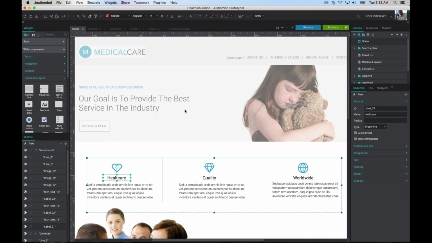So these developers at some point will have questions like, hey, where's this icon? Can you send me this icon, please? I want the exact same kind of file. Or what's the color of this text? What's the position of this element? What are the style properties of this? Well,